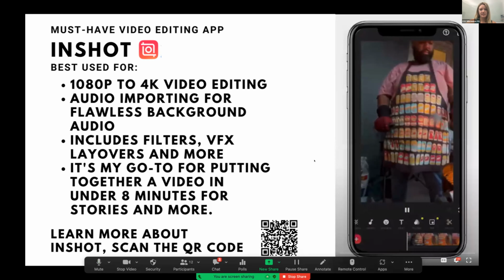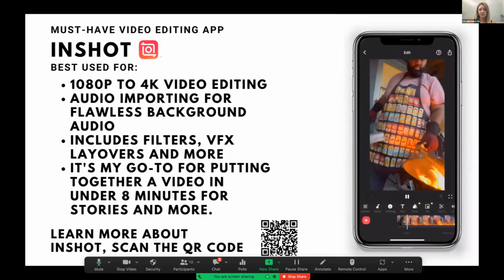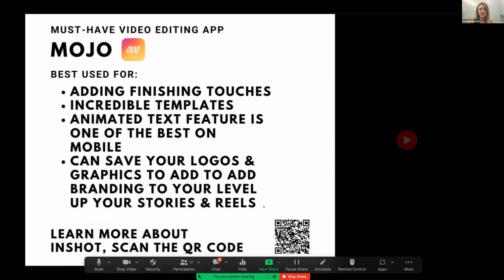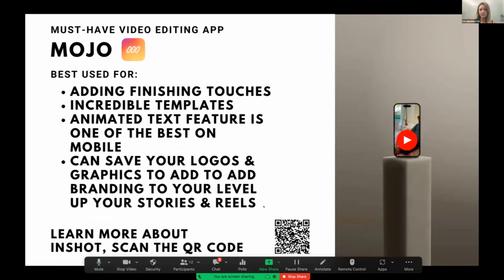And then the other one we've got, the next one, is called Mojo. It's another video editing app where you can add some of those finishing touches. It's got templates that you can utilize, and animated text is one of the best features in this app.